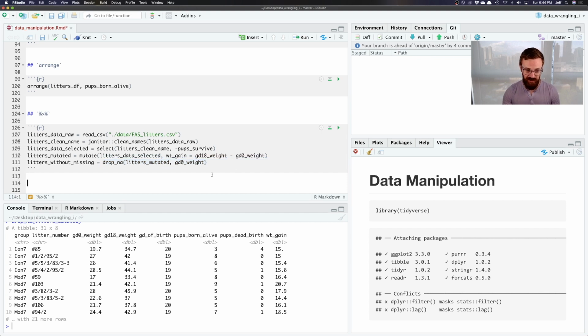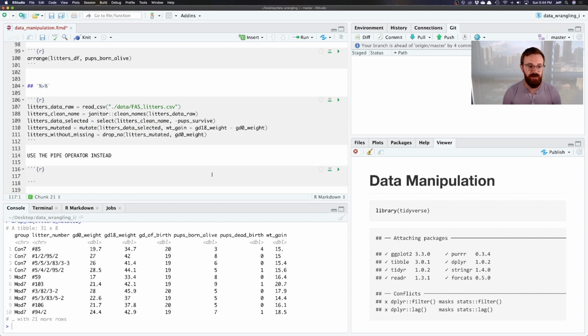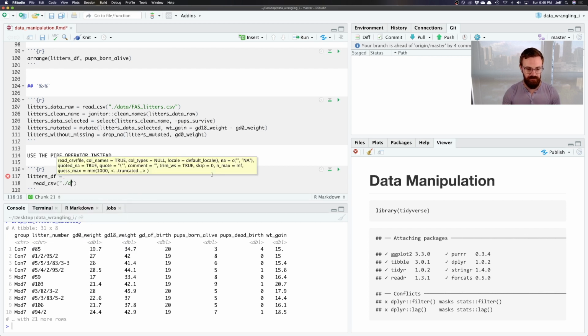So what we're going to do instead is use the pipe, let me all caps this, use the pipe operator instead. This is critical. So what I'm going to start out with is just say at the end, I want a litters data frame, and I'm going to set this equal to whatever comes out of the piped together collection of commands that I'm interested in. So for this example, the first thing that I'm going to do is read_csv from my relative path data FAS litters.csv. And then I'm going to use the pipe operator to say, do this and then do the next